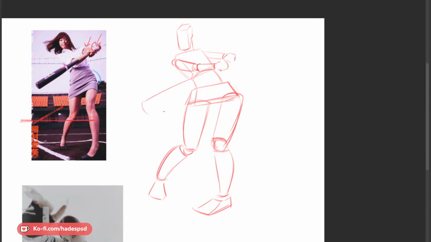One exercise you could do if you really want to challenge yourself is to take a pose, but draw it with a different camera lens. Not the easiest thing to do, but it's a good exercise if you want to train yourself to do that sort of thing.